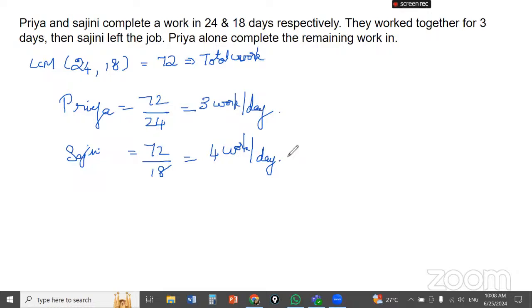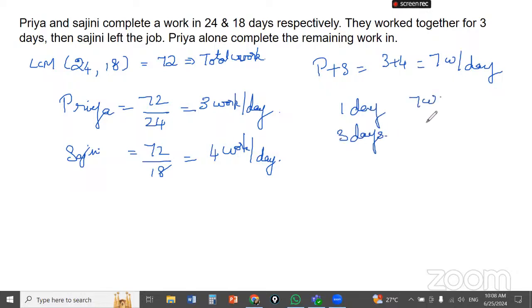Now, if Priya and Sajni work together, 3 plus 4, they can complete 7 works in a day. Together, they'll be completing 7 works in a day. So now they are working together for 3 days. In one day they complete 7 works, so in 3 days they'll be completing 21 works together, both of them. So totally, we have 72 works. In this 72 works,